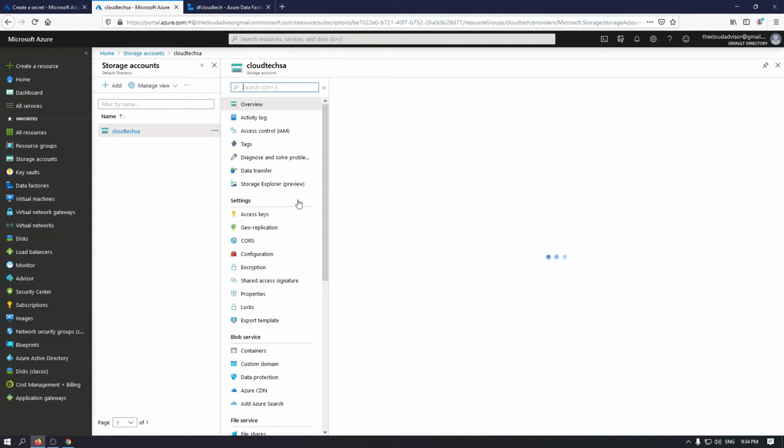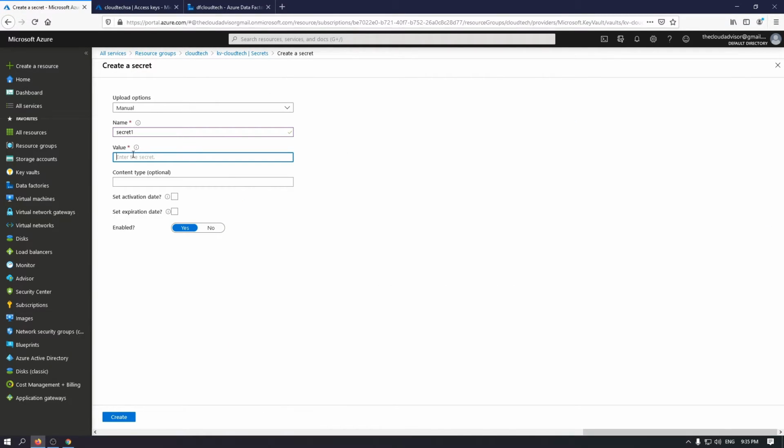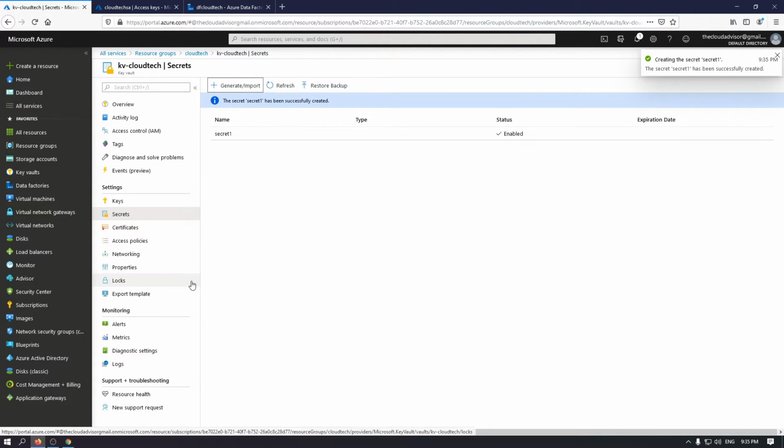For this, go back to the storage account and copy the connection string, not the key, pay attention, the connection string. Okay, paste the connection string in the value and click create.